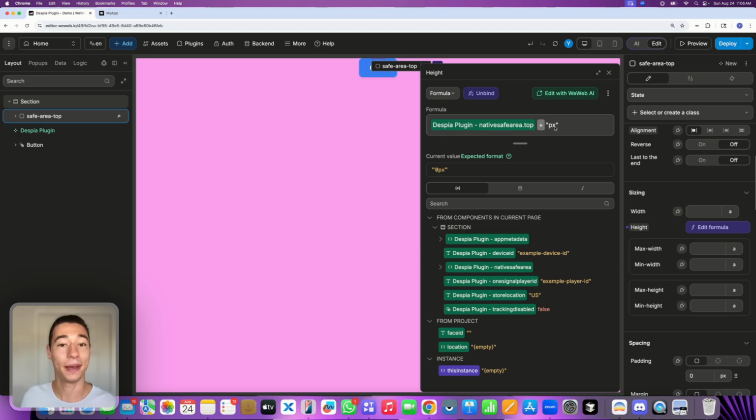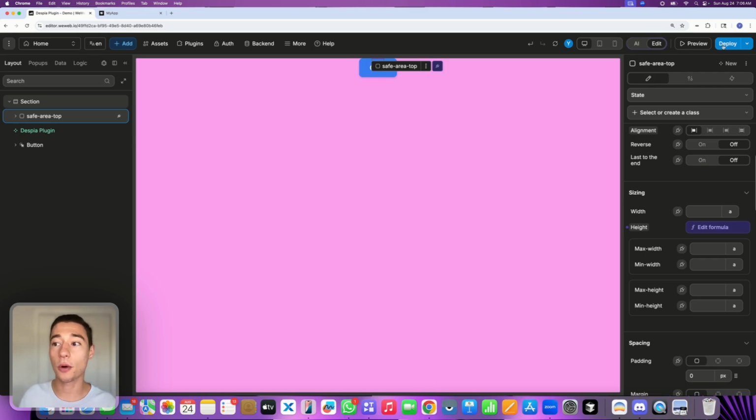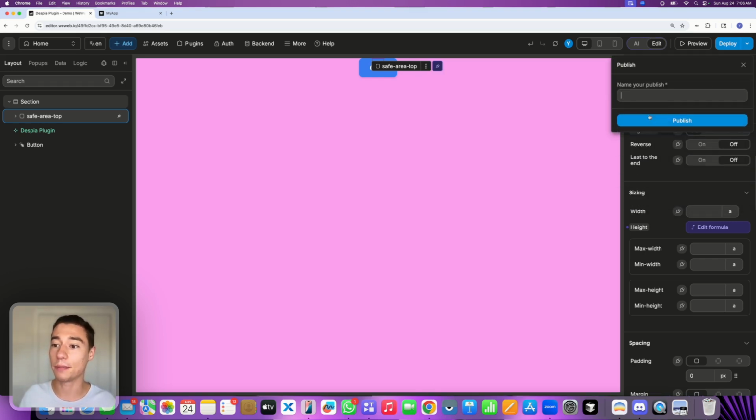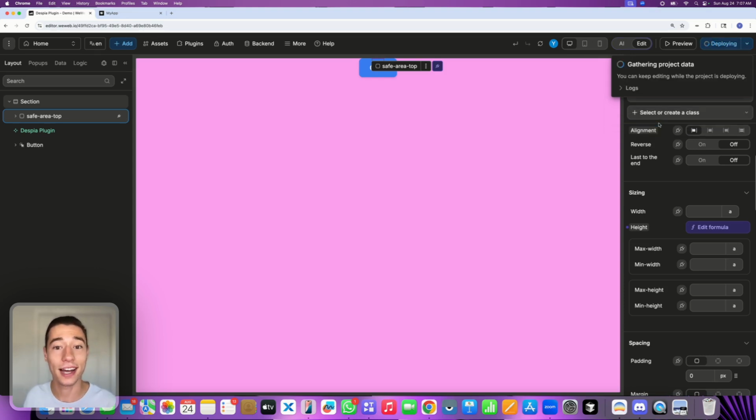And we're just going to put pixels in there, right? Because we're setting that in pixels. And that should do the whole thing. Now, if I'm going to deploy the application and I'm going to publish this, now the nice thing also about